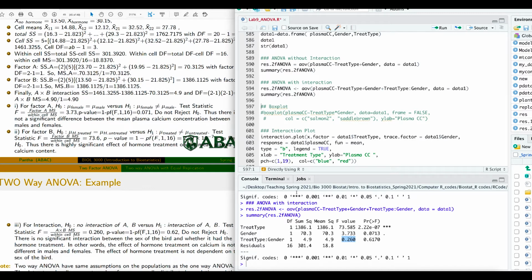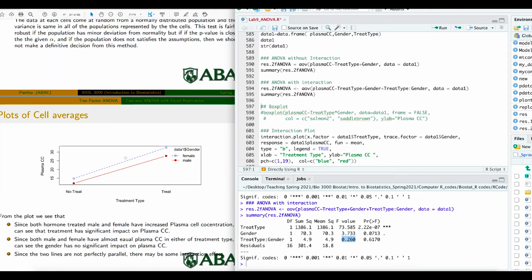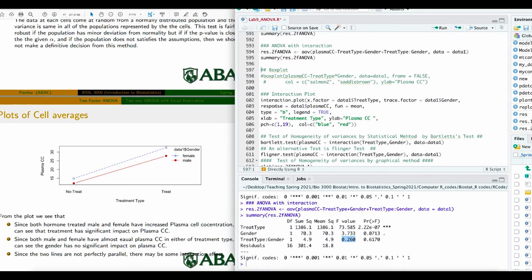And then if you want to see the interaction plot, that is the plot of the means, this is also called an interaction plot, okay? What did I do here? It is an interaction plot. The x factor is treatment type. Along the x-axis, you will have the treatment type, and the trace factor is